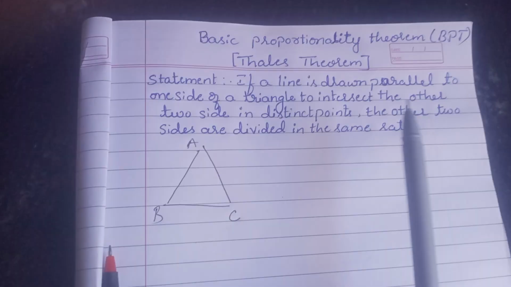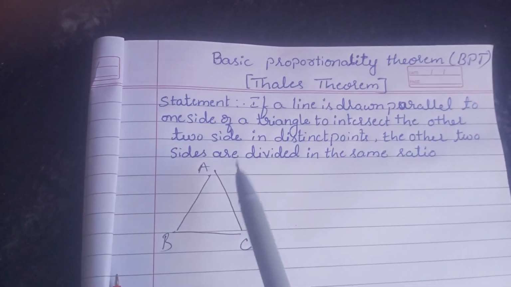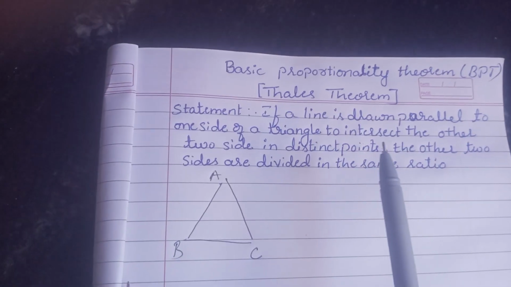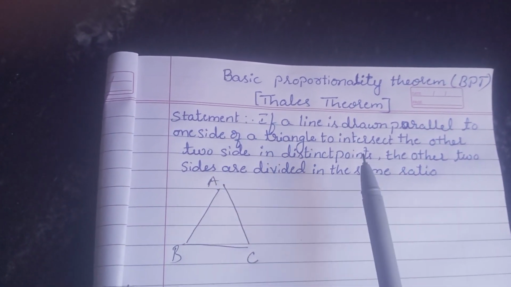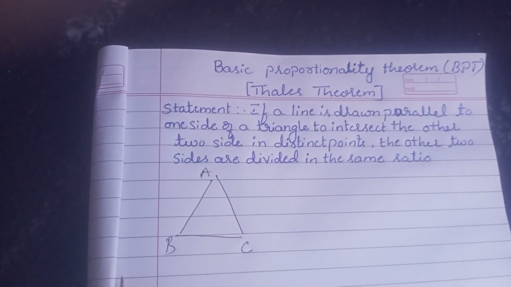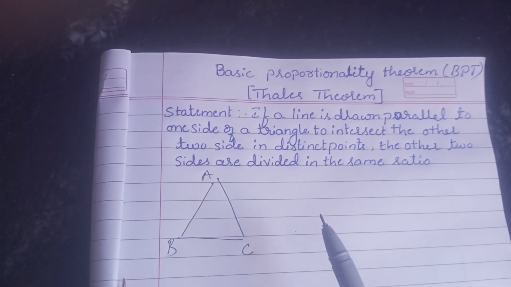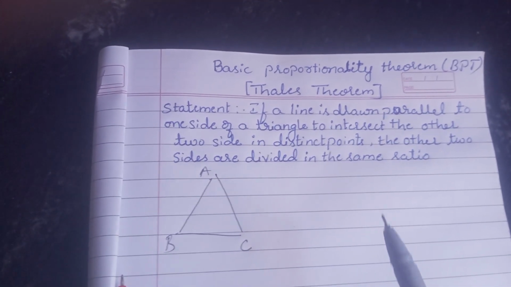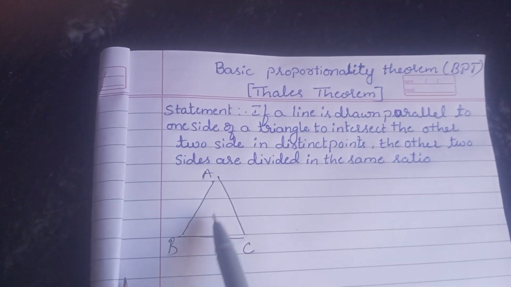Basic proportionality theorem, BPT or Thales theorem. Statement: if a line is drawn parallel to one side of a triangle to intersect the other two sides in distinct points, the other two sides are divided in the same ratio. Based on this statement, we should draw a triangle